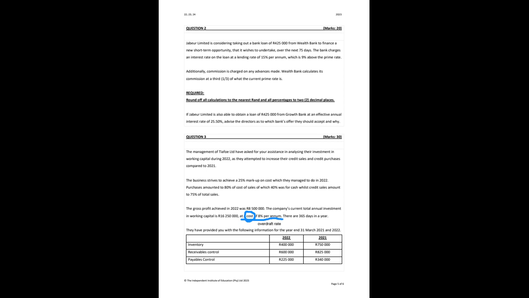But what will my actual savings be that will affect my profit? If I take my 150,000 savings and I multiply it by my cost of capital of 12%, I will make a savings in expenses of 18,000. In other words, I will save 18,000 Rands worth of interest expense per annum